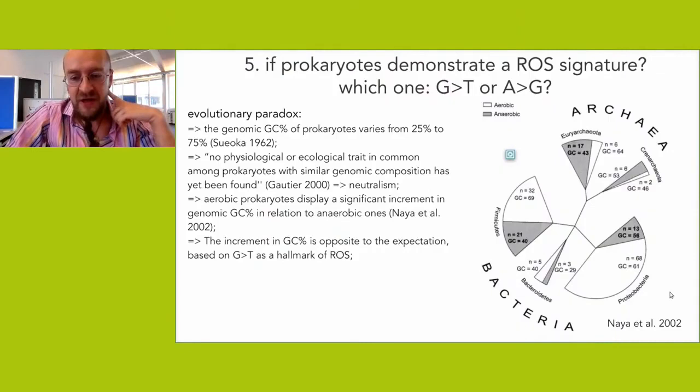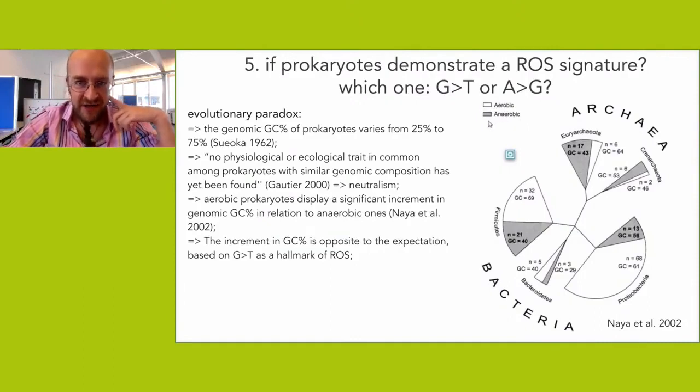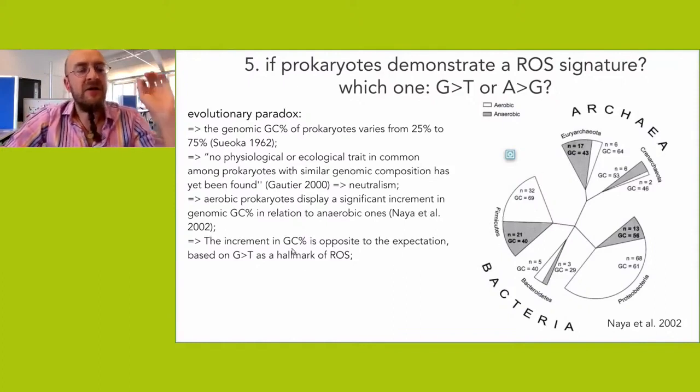The figure is here: if we compare bacteria and archaea, aerobic and anaerobic species, we do observe different GC content. For example, in the Firmicutes, Proteobacteria, and Euryarchaeota, GC content in anaerobes is always less as compared to aerobes. So now, if we want to explain this result as a result of the classical G to T signature,